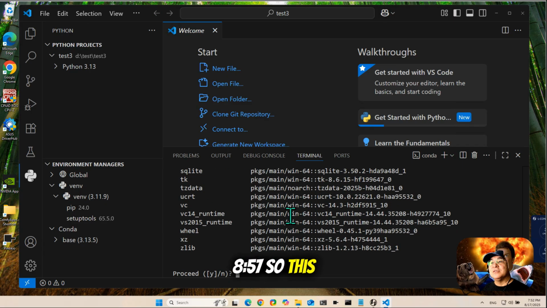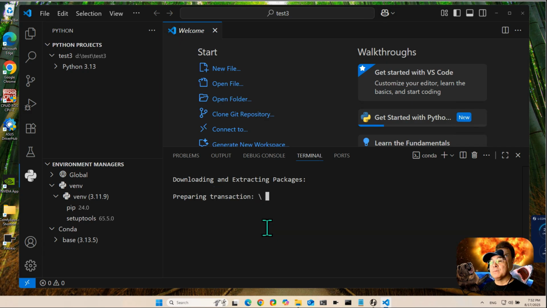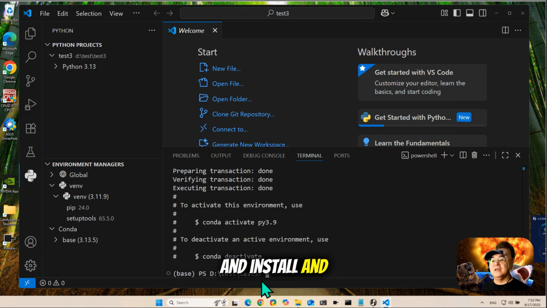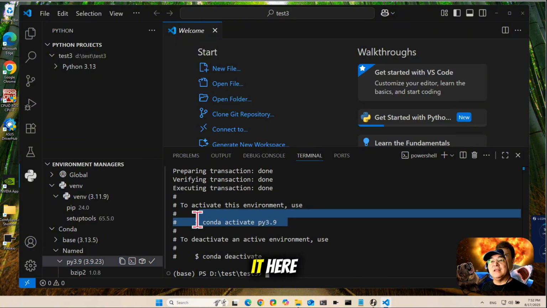So this is the same thing we did outside in the Anaconda terminal, but this time we're doing it in PowerShell inside VS Code. Give it a moment to download and install, and it's done. Let's see if we refresh our environments manager. We now have a Python 3.9, and we could either activate it here,